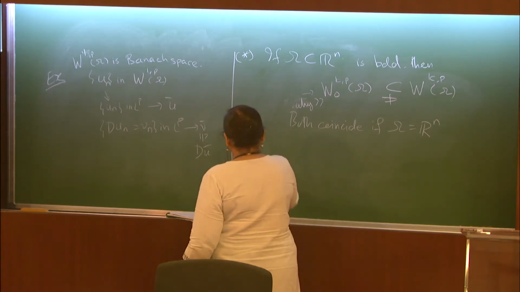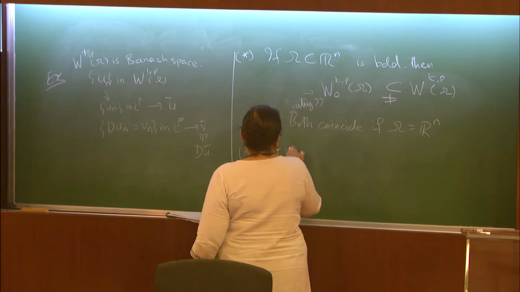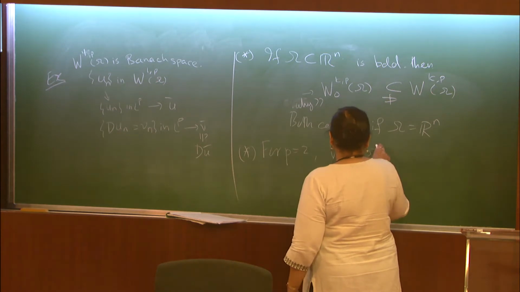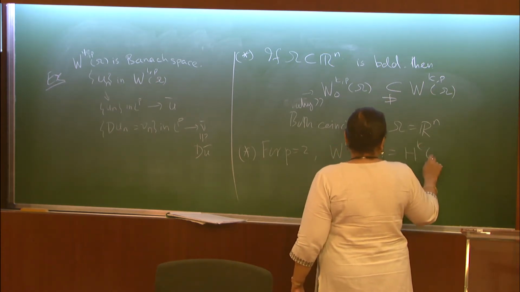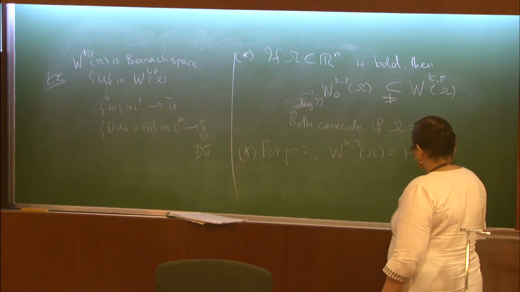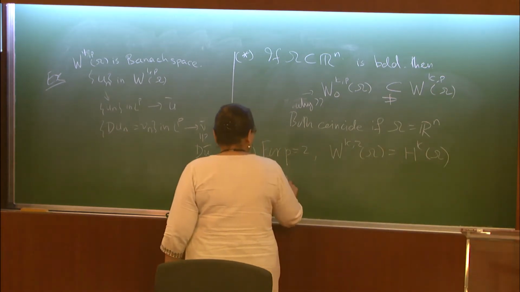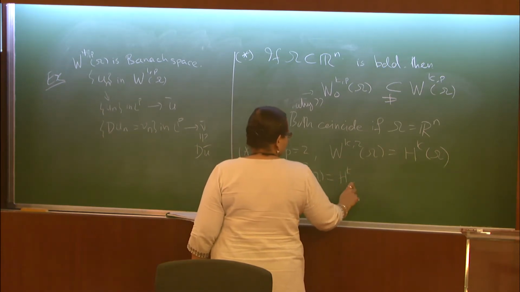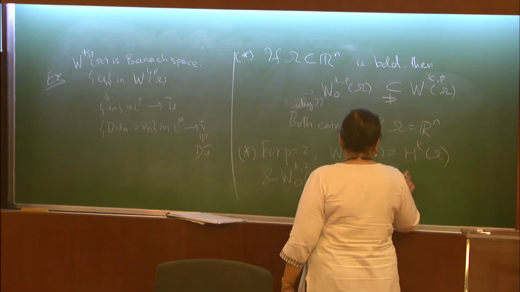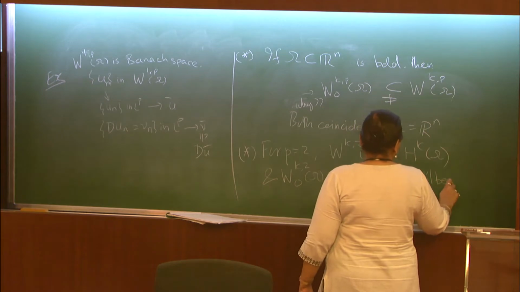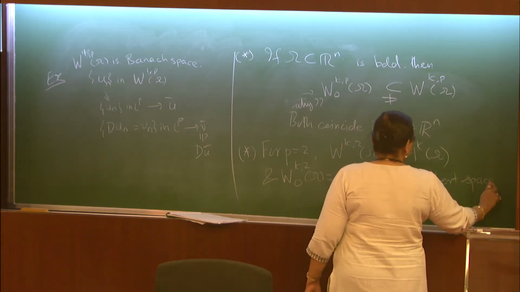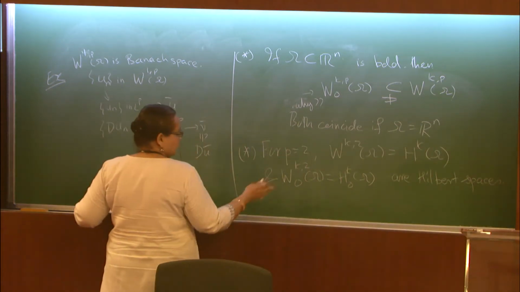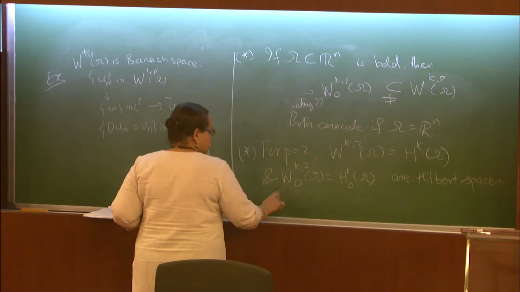And just as we have input space for p equal to 2, W^{k,2}(Ω), which is denoted as H^k(Ω), it has a special notation, Hilbert space, and W_0^{k,2}(Ω), which is H_0^k(Ω), are Hilbert spaces. Okay. And what is the so-called example for inner product of